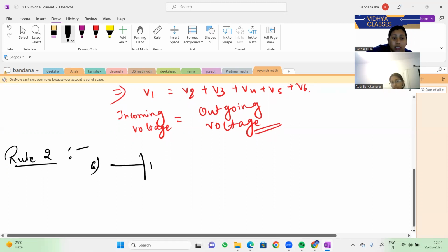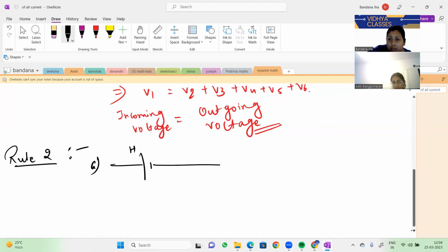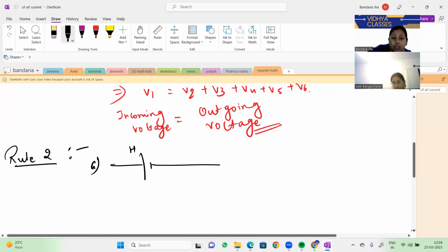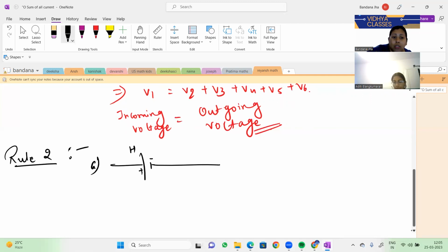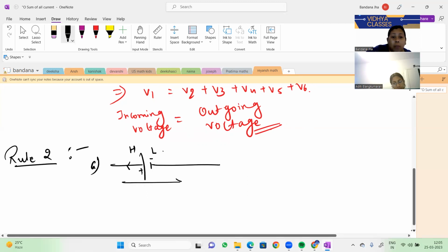Now, the positive and negative terminal of the battery. The positive terminal of the battery is considered high voltage, whereas the negative terminal, the smaller one, is low voltage. The bigger one is considered positive. So if the current is moving like this, but we are traveling in the opposite direction within the loop,